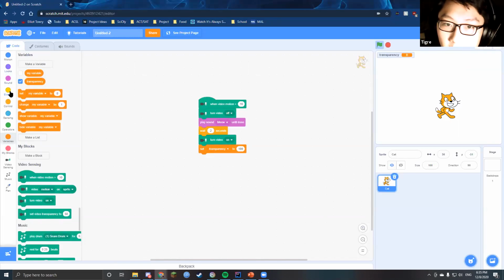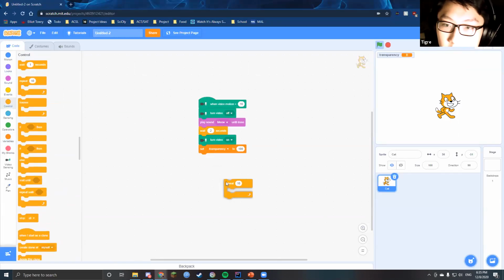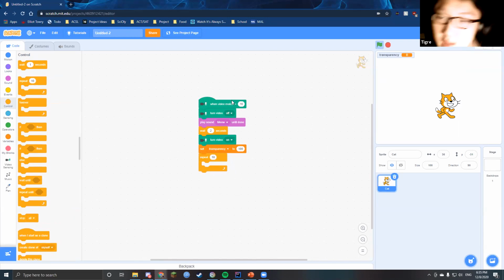And then you have a quick block. So just to go over what's happening so far, it's saying when the camera detects a certain amount of motion greater than this, you first turn the video off, and then you play the meow sound. Then you wait 2 seconds, turn the video back on, and then make the screen completely white. And then in this next loop here, which is just going to repeat 10 times the contents of this block,